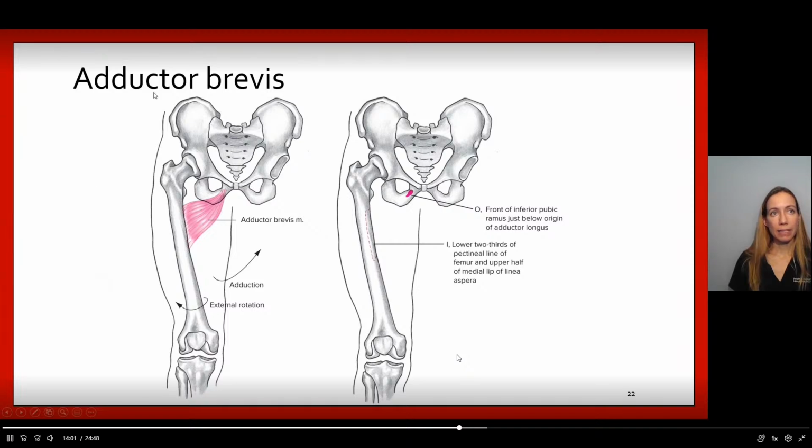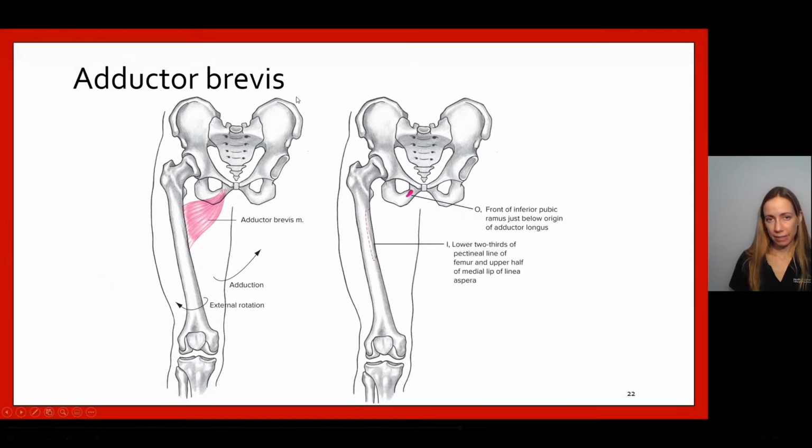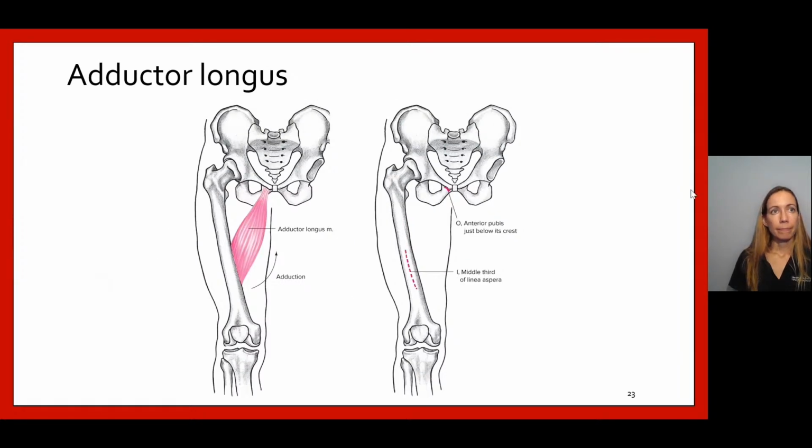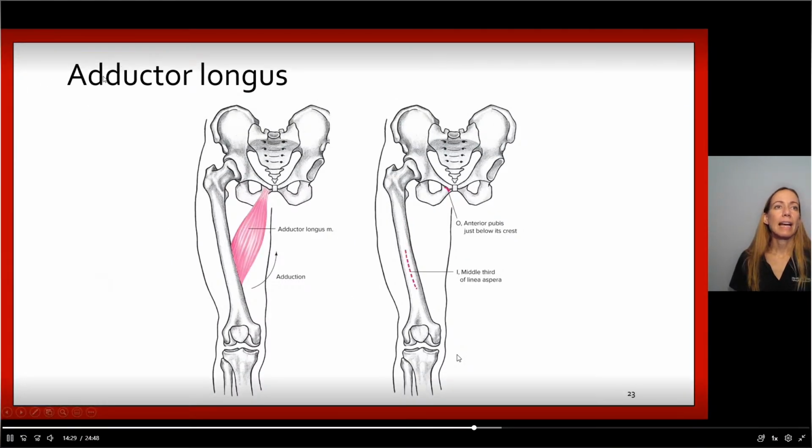The adductor brevis, again named for its action. Brevis, think brief, so this is a relatively short adductor muscle. It also originates on the pubis region, and it's going to insert along the upper shaft of our femur. Now it's inserting on the medial anterior region, not posteriorly. So this muscle is involved in adduction as well as in external rotation. And then our third adductor is the